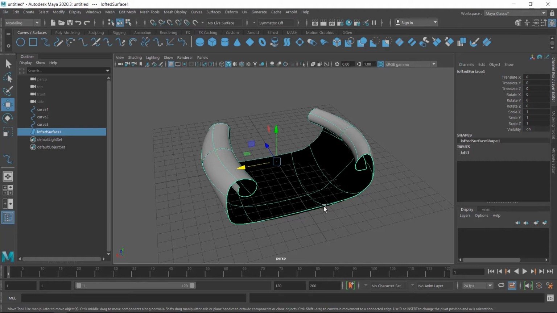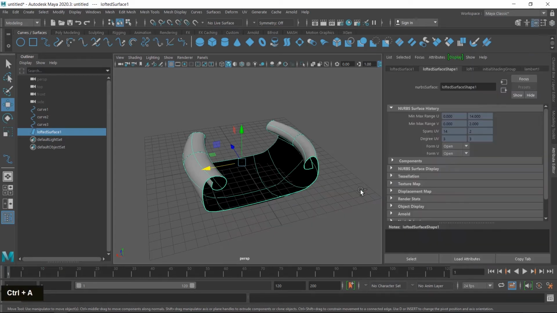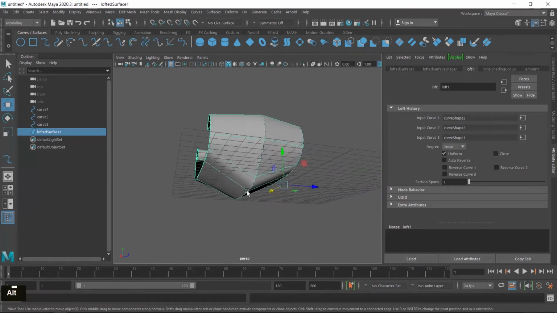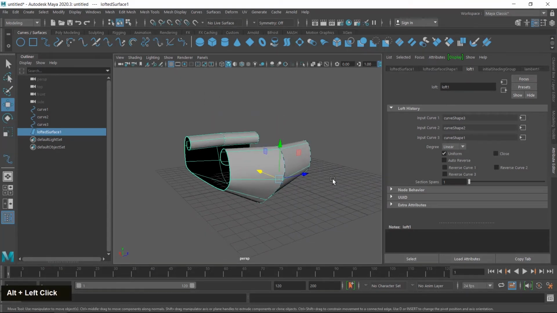Now I go to the attribute editor panel, so I click on this button, or you can also use the Ctrl A keyboard shortcut. Here click on the loft, and here you can see the degree option is available. If you choose linear, linear is applied and sharp edges are created here.